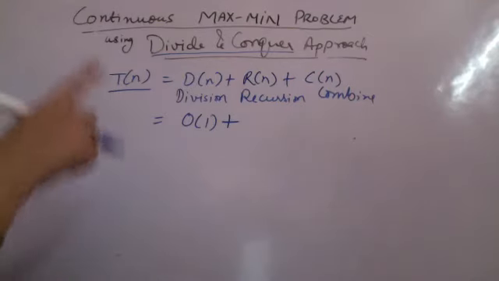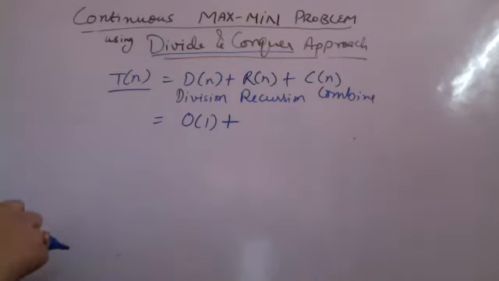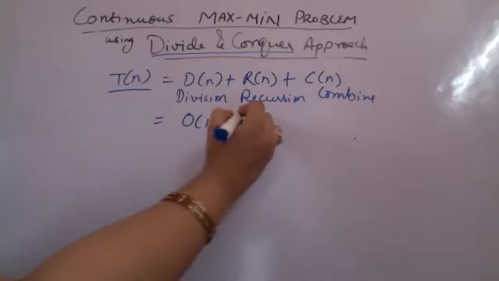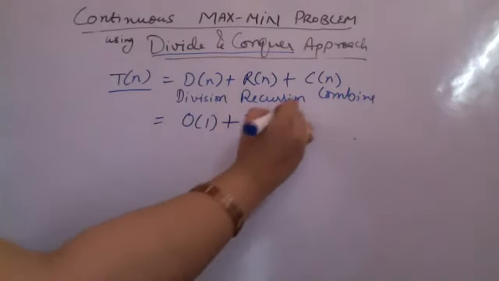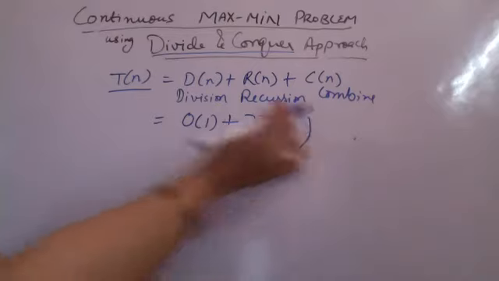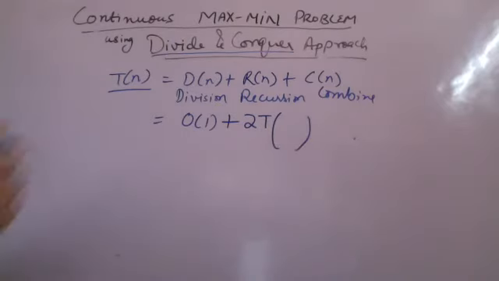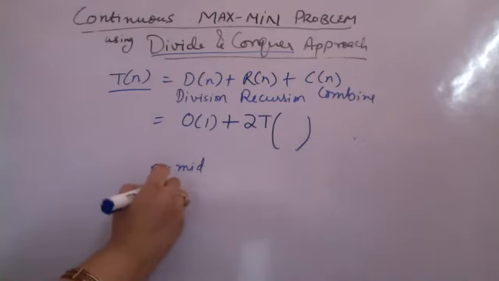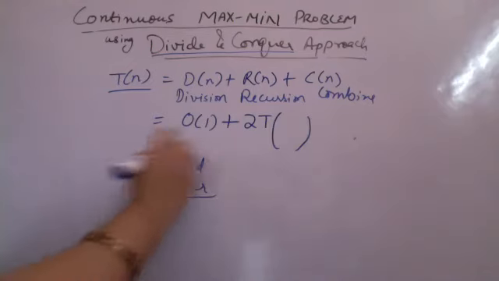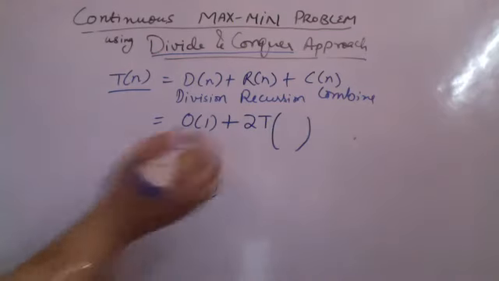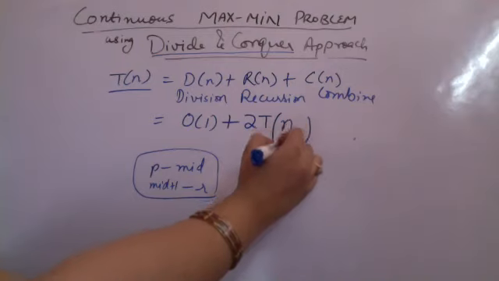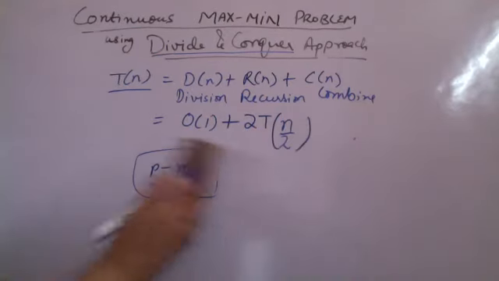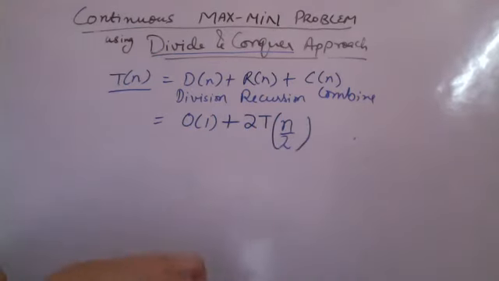In the max min function definition, how many times were we calling max min? We were calling it 2 times, and the size of the new problem being called is half of the initial size. In both cases we were calling from p to mid, and from mid plus 1 to r. So the problem has reduced from n to the size n by 2. But since we are calling it on both the halves, the problem has been called recursively 2 times.